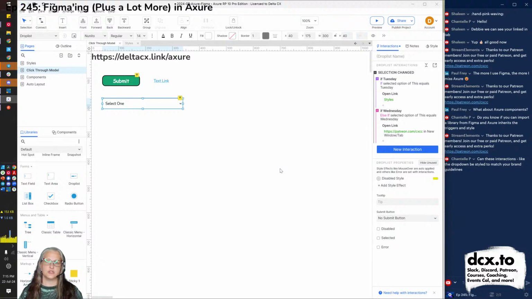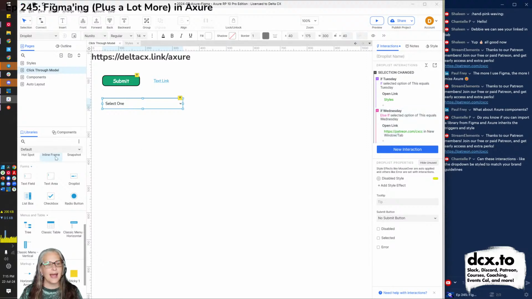Obviously, Axure conditional logic can get very complicated. But in this case, it was, hey, Axure, what did people pick from this list? If it's this, do this. As soon as you're thinking, if this happens, you need a condition. Or when this happens, you need a condition. And Axure has lots and lots of conditions available. We just used the one for the drop list.